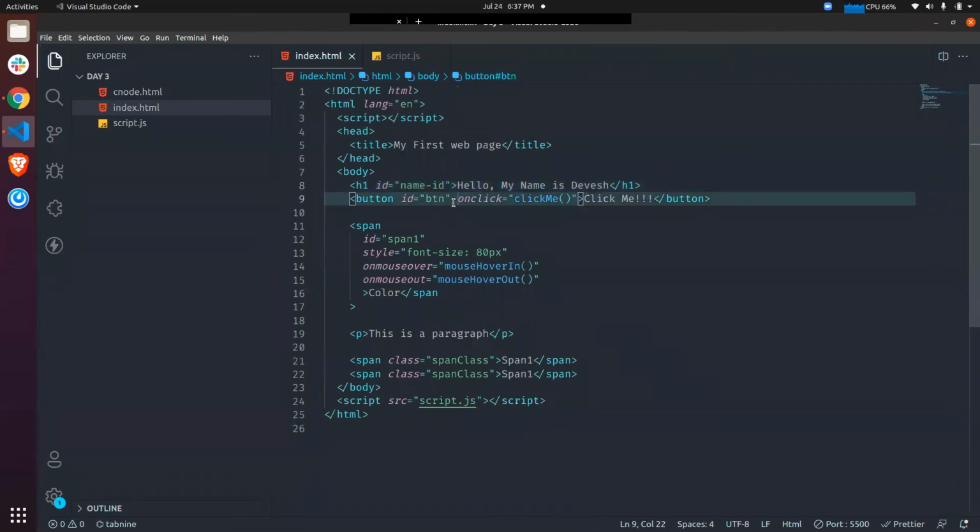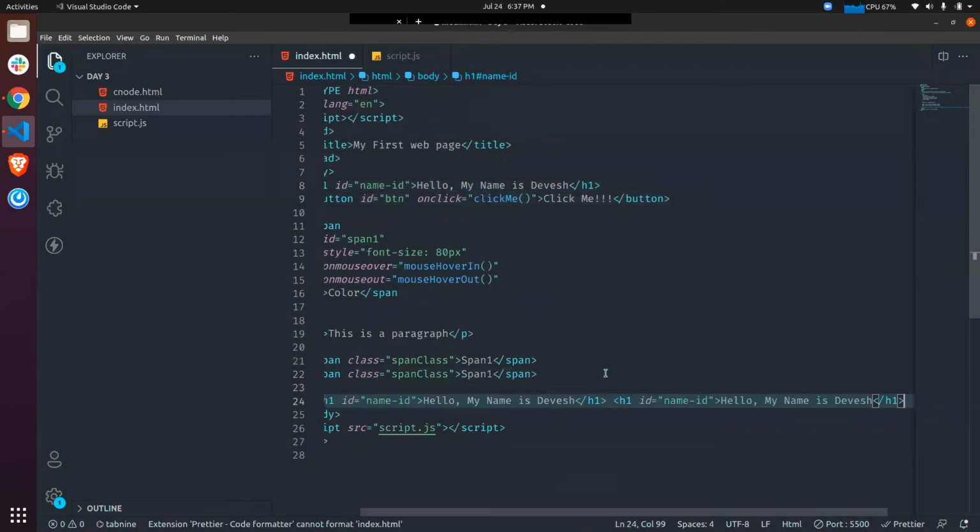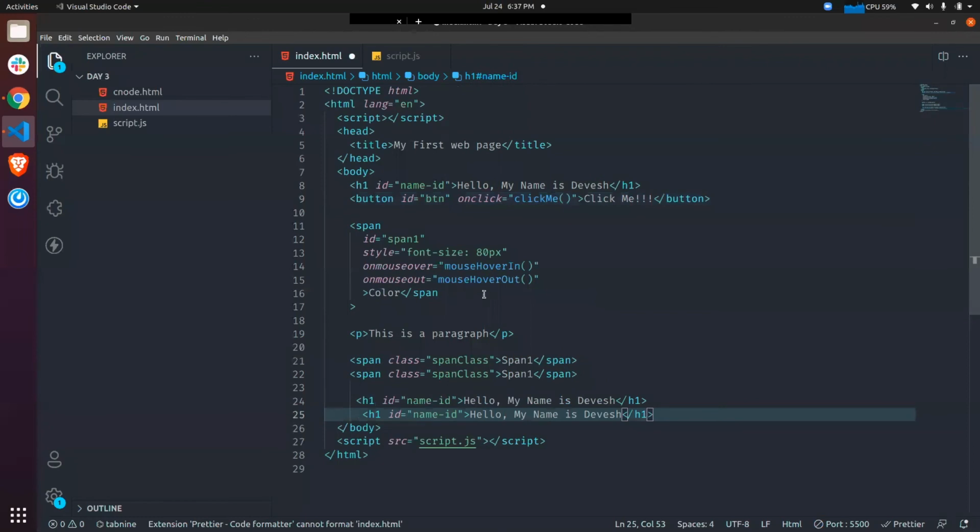If we talk about classes, a class is basically used to apply styling. Let's say you want to apply the same styling to multiple elements, for example multiple h1 elements in your HTML document. You can use an ID, but it should be unique for every element.